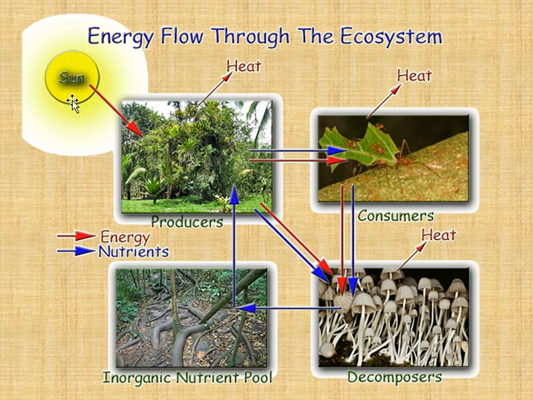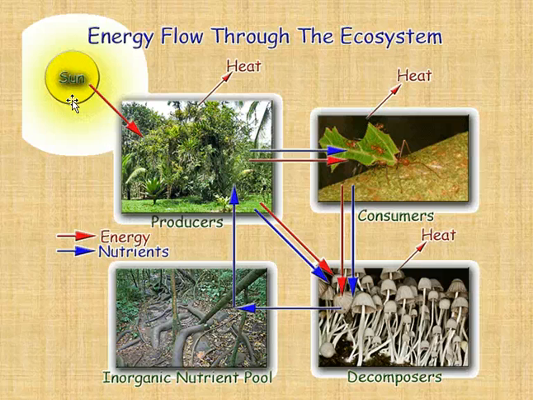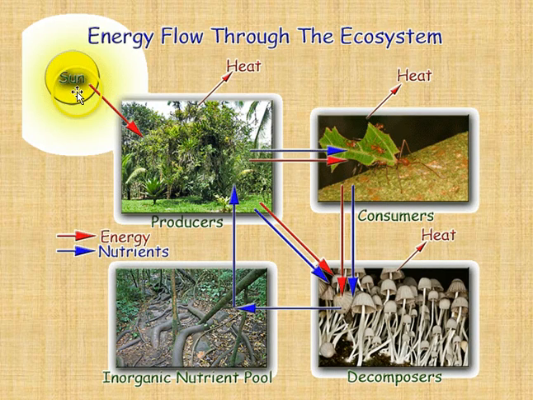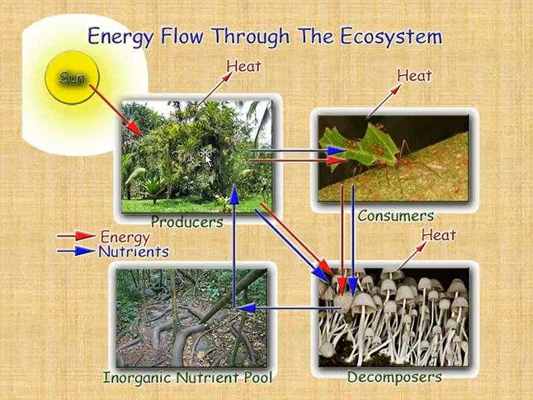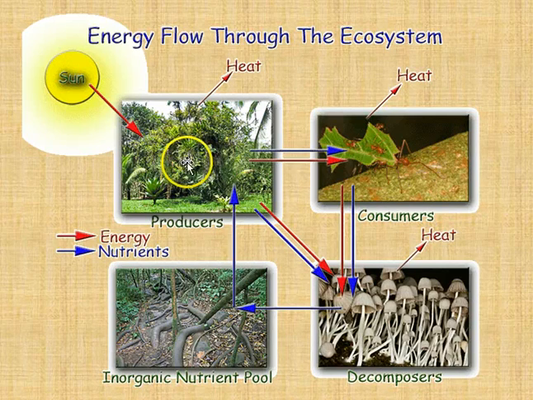Each step of the way through the trophic levels or a food chain or food web, the energy is not 100% conserved. The second law of thermodynamics says that we lose it every single time we transfer energy from one kind to another. So we take solar energy as producers and convert it into usable energy through photosynthesis. The energy in photosynthesis is then used to rearrange the bonds between various different chemicals to organize them into a way that helps the producers to grow. As the producers are then consumed by the